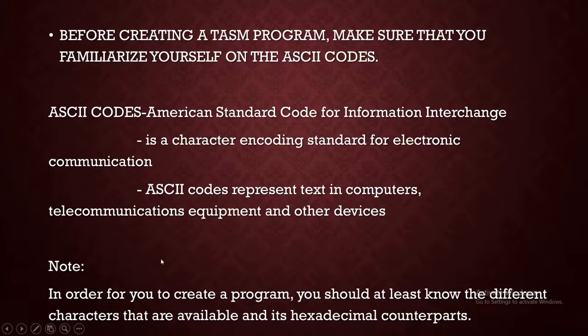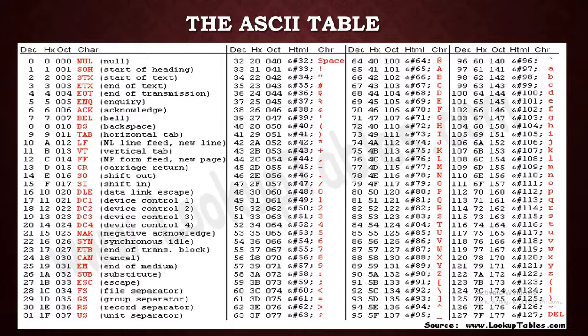You have to take note that in order for you to create a program, you should at least know the different characters that are available and their hexadecimal counterparts. Okay, for us to know the different characters under the ASCII codes, I have here a table which can be our basis for the different characters that we can display later on. We have here conversions of the different values. We have decimal, we have hexadecimal, we also have octal, and of course